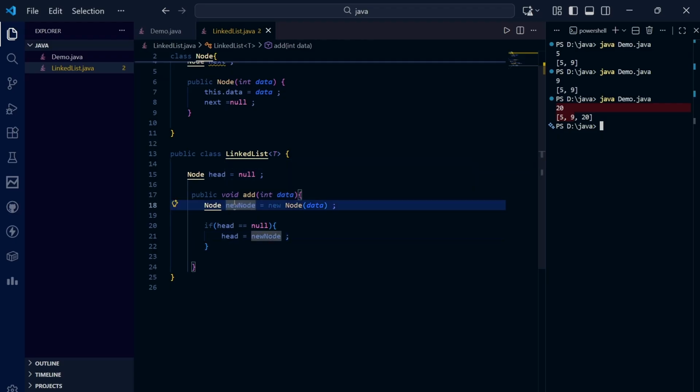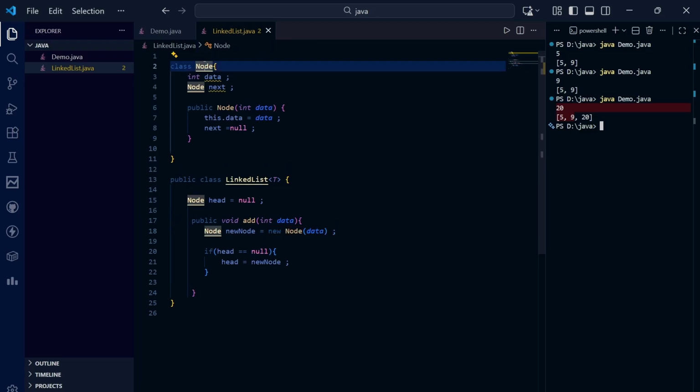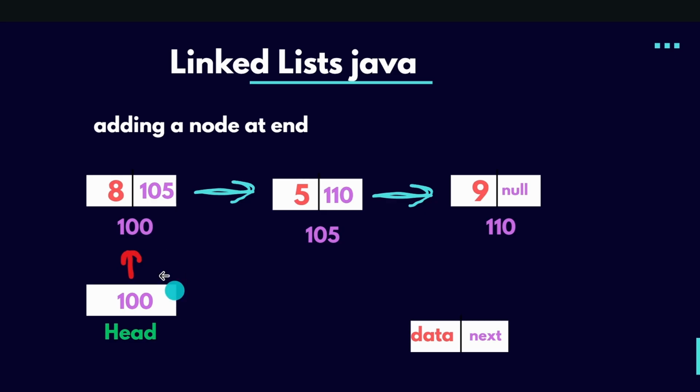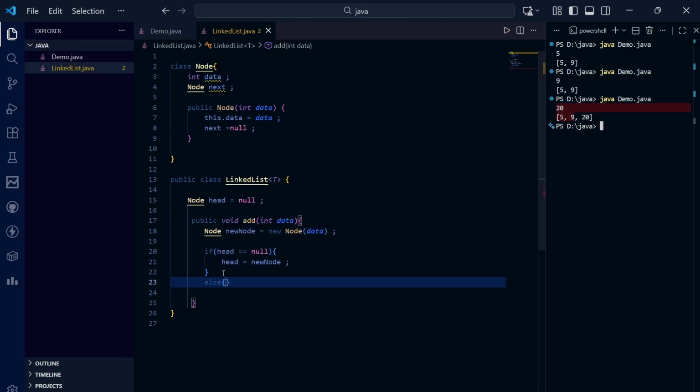Because we are creating this new object with the help of this node class, which you can see we have created on top. So with the help of this node class, we are creating an object new node, and we are assigning the new node to head. You can see in this, we are pointing this head to here. Now rather than head being null, it is pointing to the first node, which is 100. So these two are connected. Now to add a new node, if head is null,